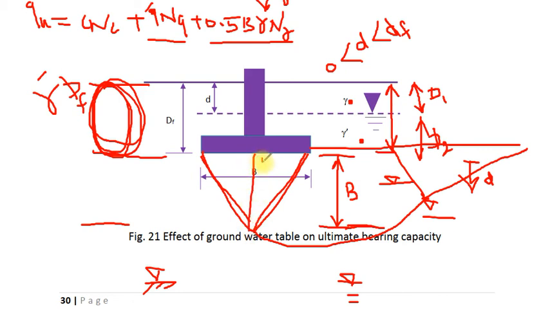Remember, this is B over 2 and this is phi. This distance will be approximately 0.5 multiplied by B tan phi,